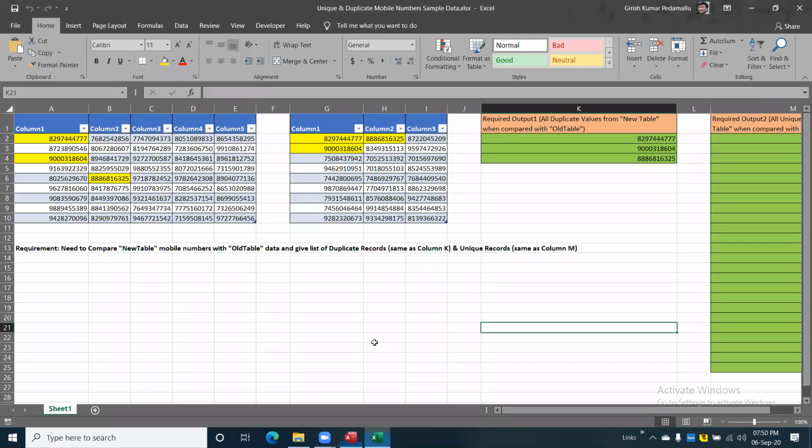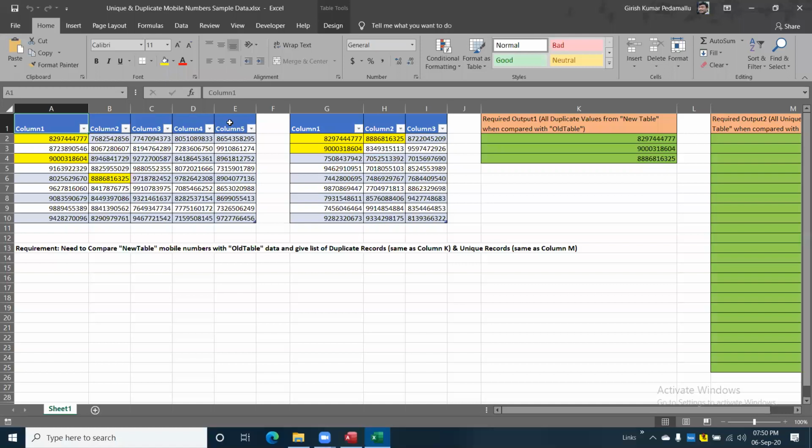I'm opening the Excel file. See, in this first table I have column 1, 2, 3, 4, 5. Again, in the new table also, I have column 1, 2, 3. Actually, I'm trying to import the data into Access from this sheet, not from this table, right? That is the reason it thinks there are duplicate column names. Column 1 is present 2 times, column 2 is present 2 times, column 3 is there 2 times. That is the reason it is throwing an error.